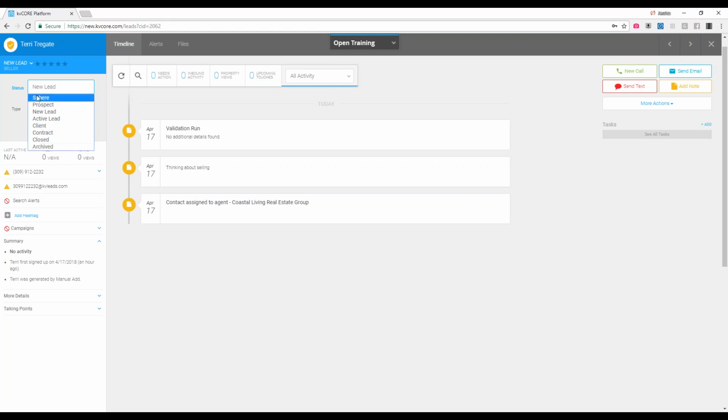Okay? And this is how you would change their statuses, just right here. Very easy. You can also change their type. So are they a buyer? Are they a seller? Are they a renter? Okay. So that's statuses. Those are really important just because you want to be able to know what status your leads are in. So we're going to go over